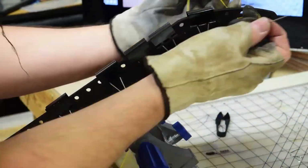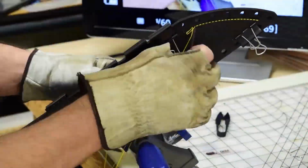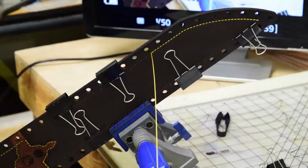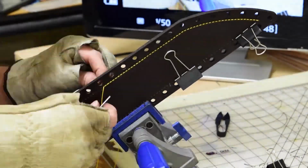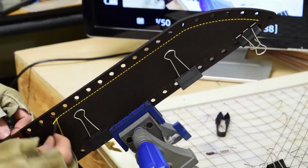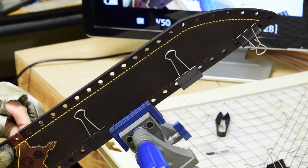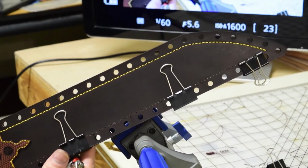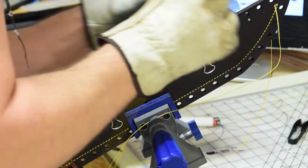But laying out where I start these stitches, I knew I wanted to come to that center point, because the center point is where underneath those accents, if you remember, is that seam where the leather was too short for the Glowforge to cut completely. I knew I wanted to start at the opposite end and then end at that middle section. That way I could come back and do my back stitching right there over that seam. So essentially it's been back stitched on the first half and then the second half on its way back. And then here we go with that last